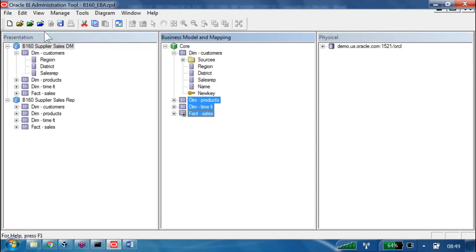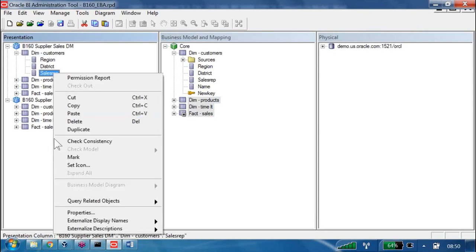So you have the freedom, whatever you want you can drag and drop, and it is not a one-time activity. Today I made a mistake. I gave sales rep to him, but he is really not looking for it, he's not interested in that. Then I can go and remove it. At any point of time I can remove that column, I can delete it.